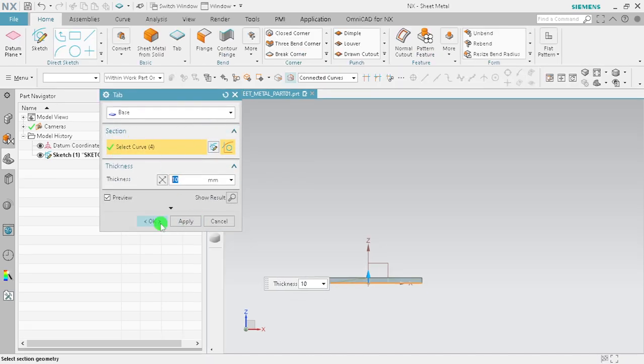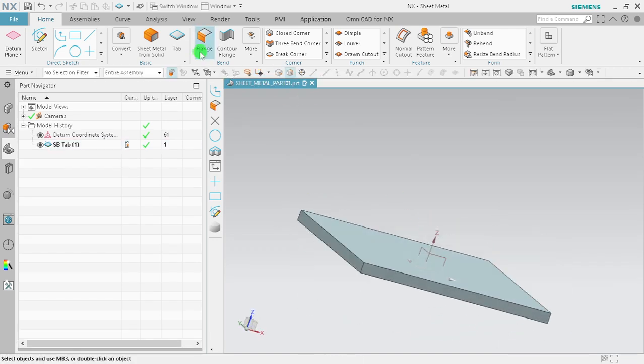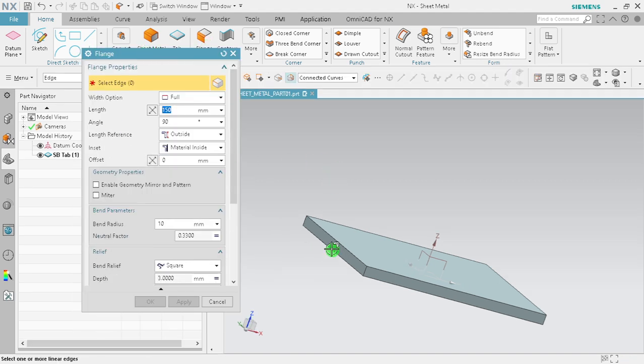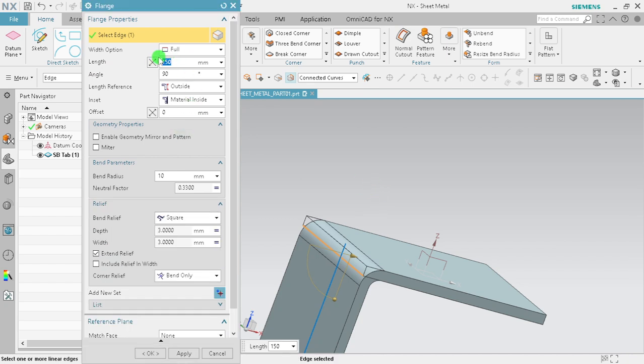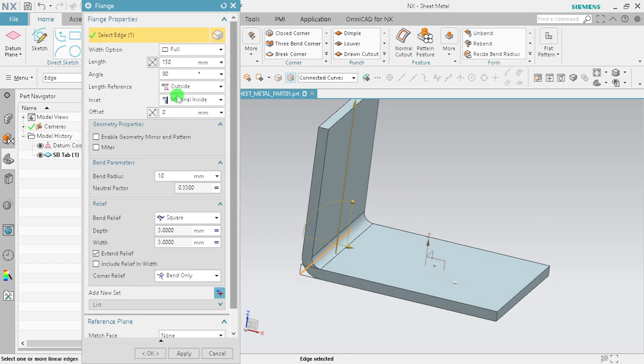Its thickness is 10 mm. Later I took the flange command. We'll create a flange of 150 mm length